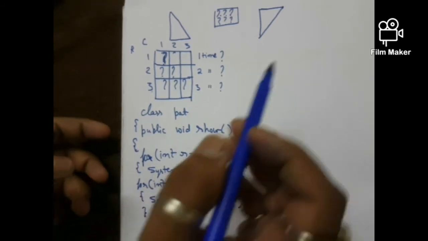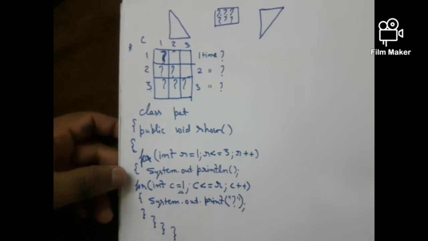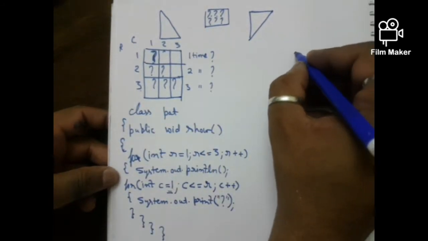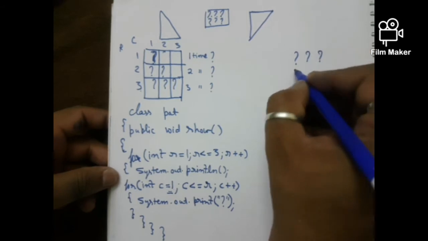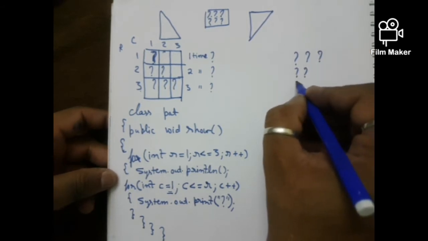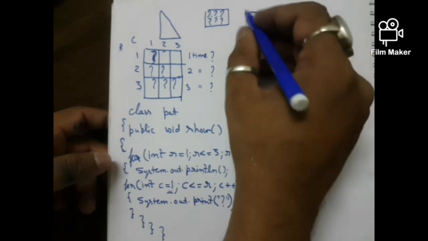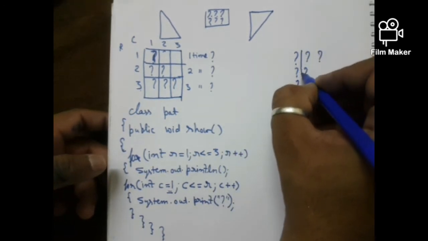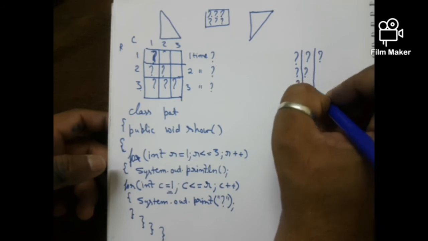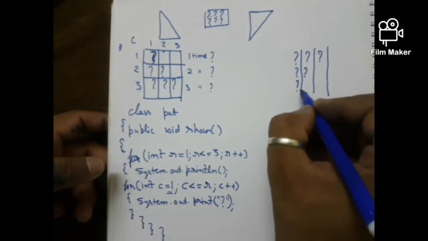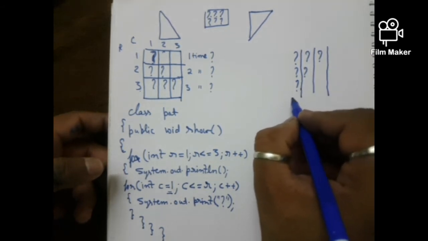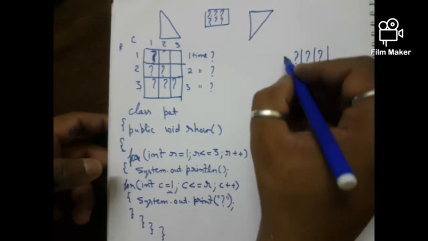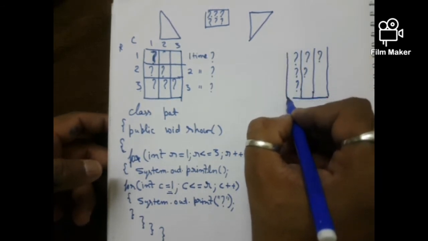Now if I look at this pattern, I will reverse this. What I find here, I find this. Okay, like this. So I see this pattern. Now what I will do, I will draw a matrix here. This time I hope I draw a better matrix. All right, so here I have got the matrix.